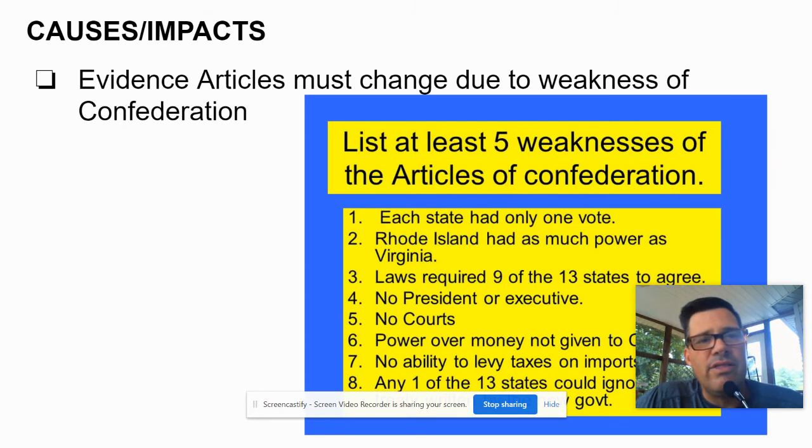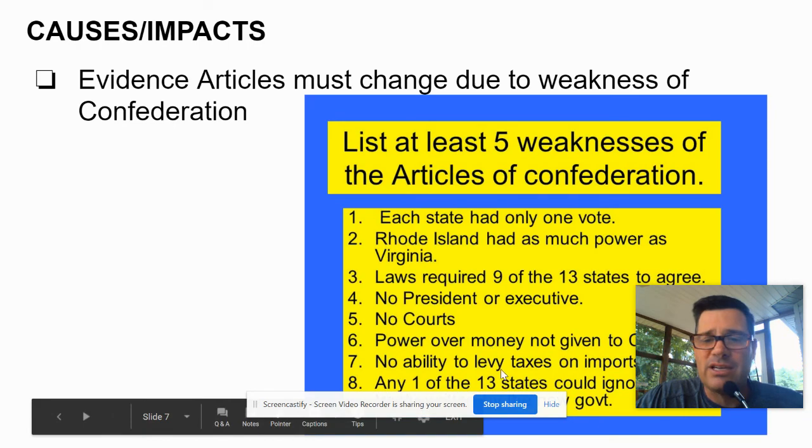All right. So that is Shays Rebellion, and this is going to lead to people like George Washington, James Madison, and others saying, we need to change this, and let's have a constitutional convention and write something new because the articles are terrible. All right, cool. Go practice and learn this.